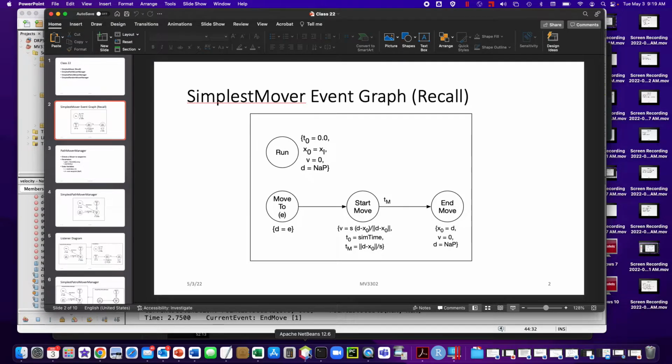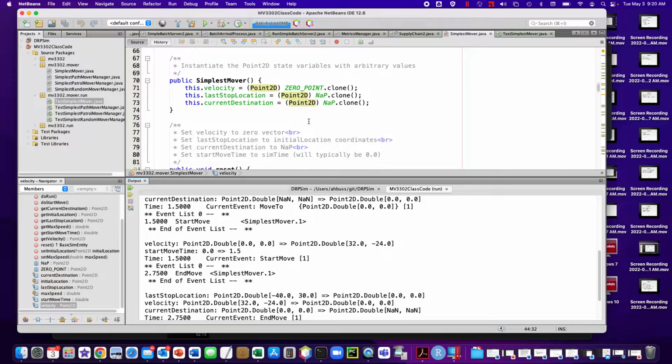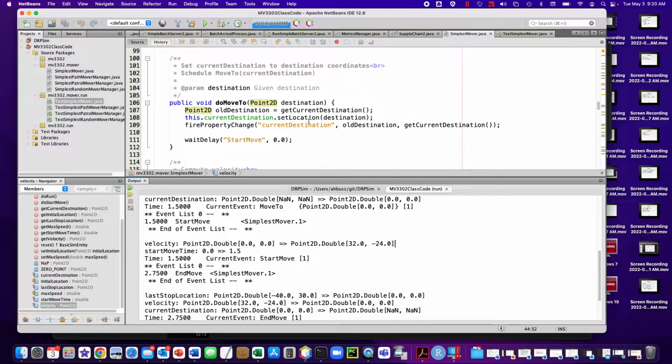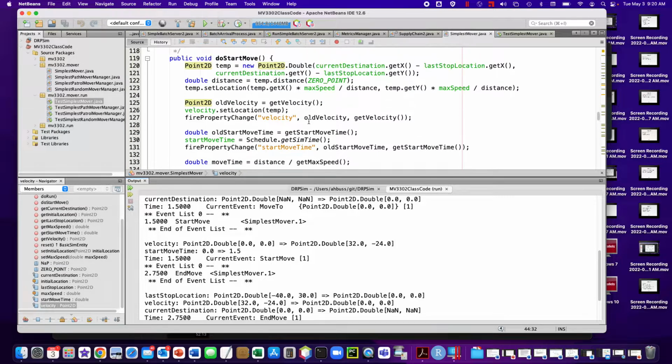And that took a little bit of doing in the method. Let's see, where was it? Yeah, here in the start move. All of this is implementing that equation. So first I have this Point2D that I call temp, and that's the difference. I take the current destination x coordinate minus the last stop location's x naught coordinate. So I take the difference of the x and the y coordinates, and then